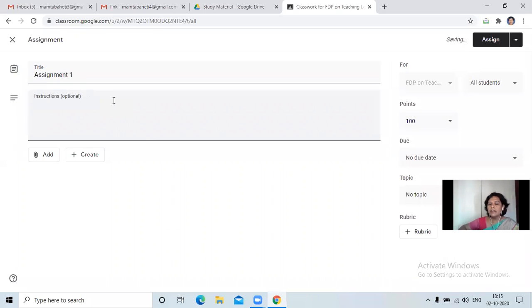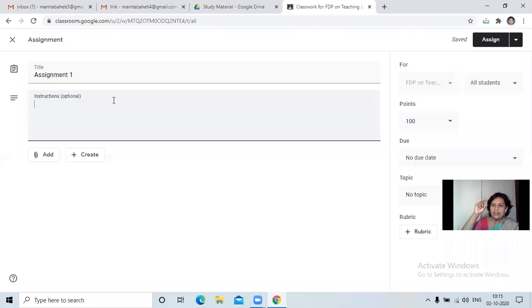Now, what are the instructions? Earlier in material, we were writing the title and then we were writing the description behind it, aligned with it, what things to be done. But here we have to mention the instructions. So we should be very careful.